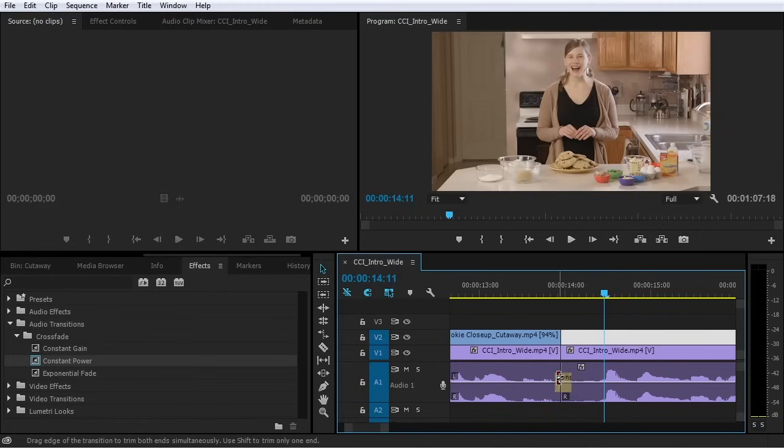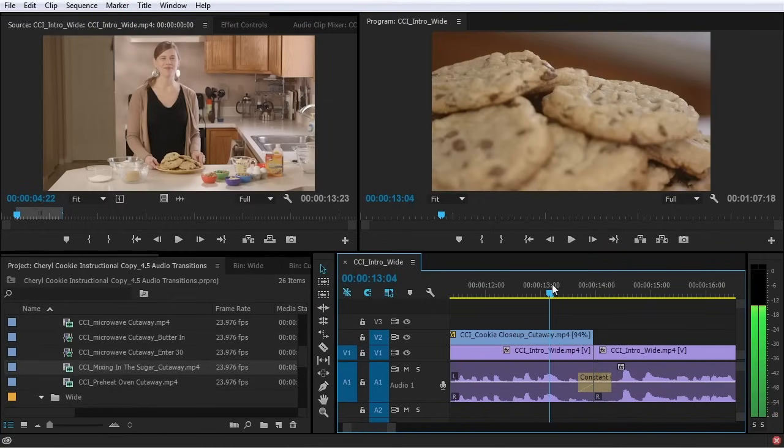Now I can adjust the size of this transition. If I hover my mouse over, you see that the selection tool changes from a trim tool, which it is right here, to a kind of transition trim tool. So I can click and drag this, and now it'll start fading out this clip sooner and fading this clip in sooner, or the transition will happen over a longer period of time. So now if I play this audio transition here,